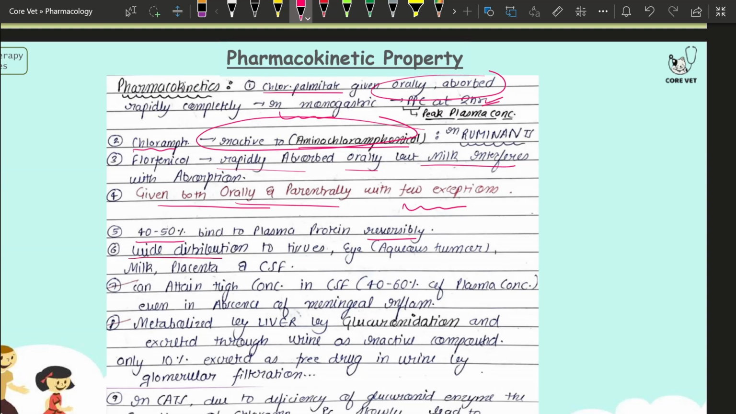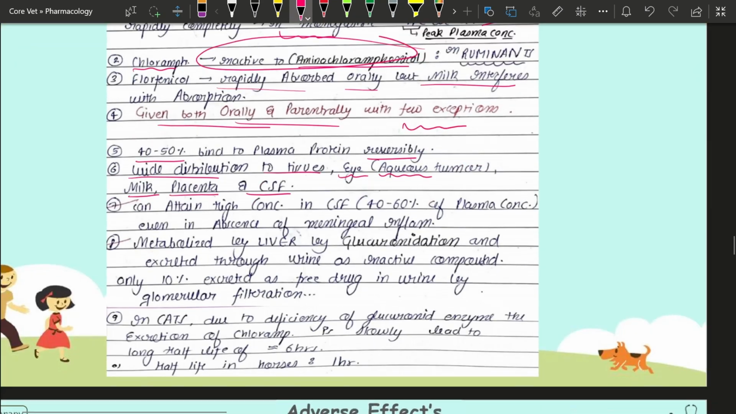Now there is wide distribution to the tissues, in the eyes, in the aqueous humor portion of the eye. There is wide distribution, and it is also secreted in the milk. It can cross the placenta and the cerebrospinal fluid, right? It can attain high concentration in the cerebrospinal fluid, up to 40 to 60%, even in the absence of